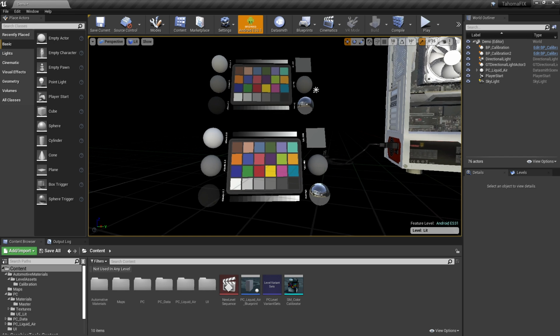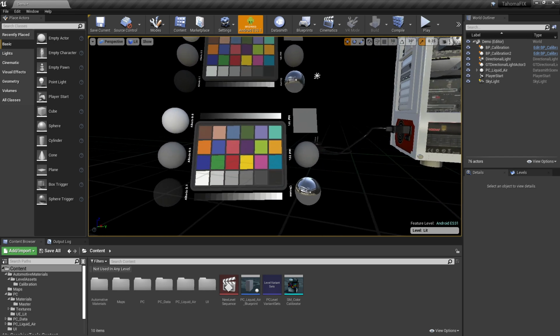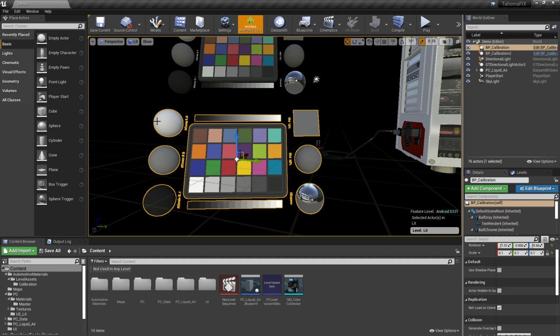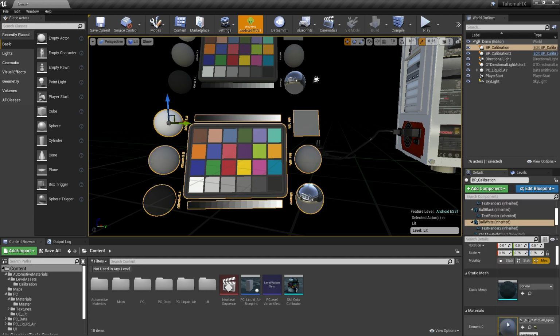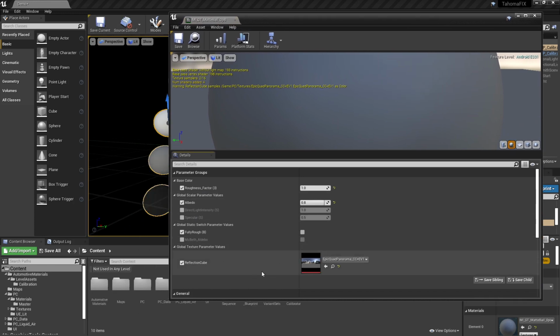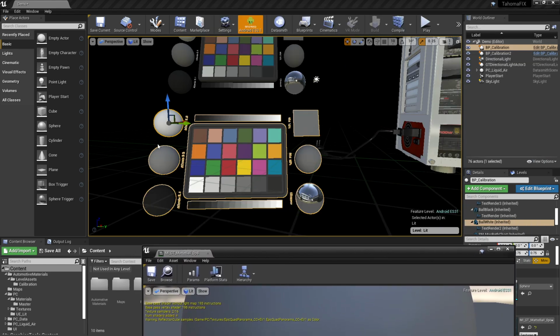So the next thing that I want to kind of talk to you guys about briefly is the way that these graphics tools materials are using cube maps to simulate obviously the reflection as well as that ambient light. And what's going on is every single one of these materials, like if we double click on this guy and bring up this material, you can see that on that material, it's got the cube reflection added into it of that same Epic courtyard. And that's going to happen on every single one of these albedo balls.